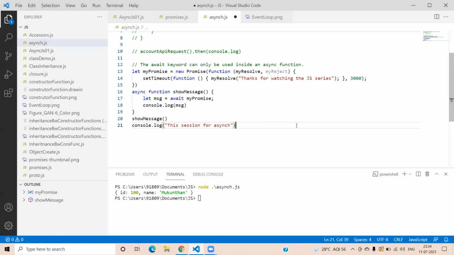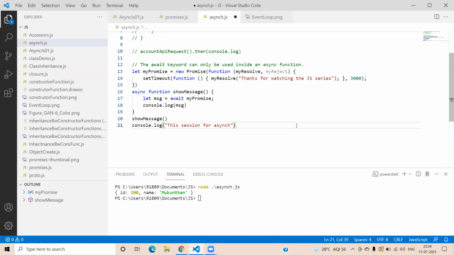You may ask a question like, why do we need the async keyword since we are already using the existing promise? We need to understand that the await keyword can be used only inside the async body. That's the reason we are using the async keyword here, and we are waiting for the promise to be resolved. And we are making sure that waiting is happening by using the keyword called await. In line number 17, you can see it will wait for the promise to be resolved. Then after getting the resolved value, that value will be assigned to message. Then you are calling console.log and passing the same message to the console. Then this entire thing comes under the show message.